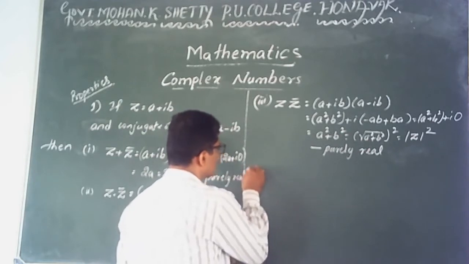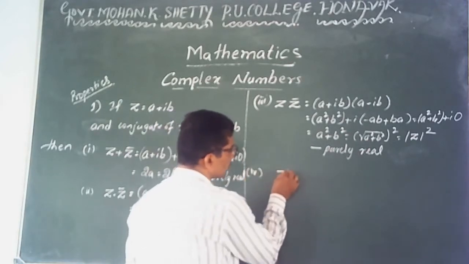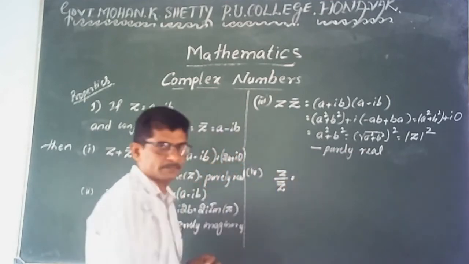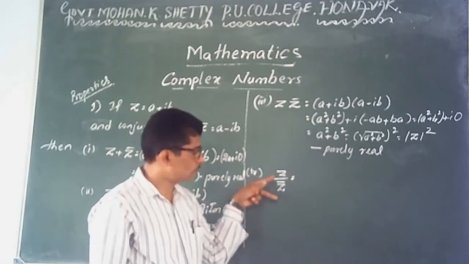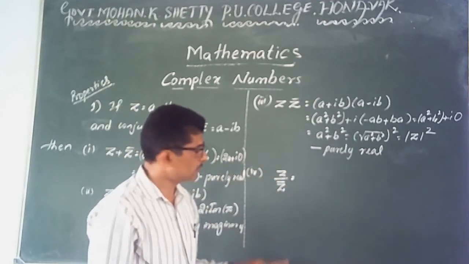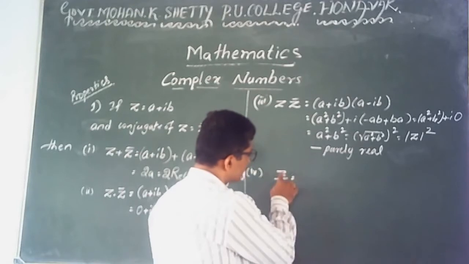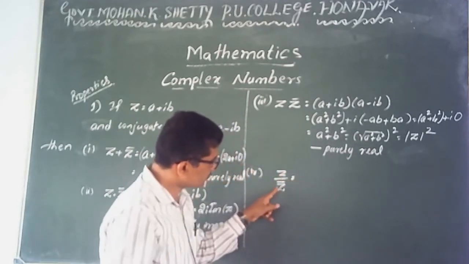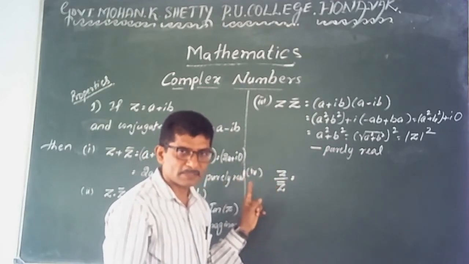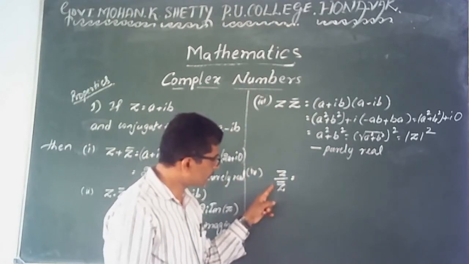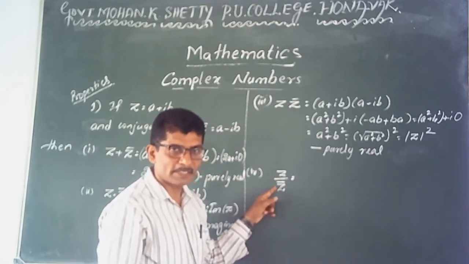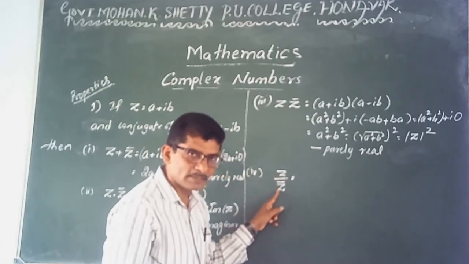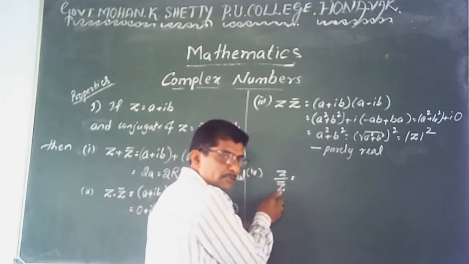And the fourth one, the quotient of complex numbers. z into conjugate pair. z divided by z bar, the quotient of complex numbers. You know that the quotient of complex numbers means z divided by z bar. This value is equal to, z bar is a complex number, so here multiply by the conjugate of these values. Therefore, you can multiply and divide by the conjugate of this number, which is again z.